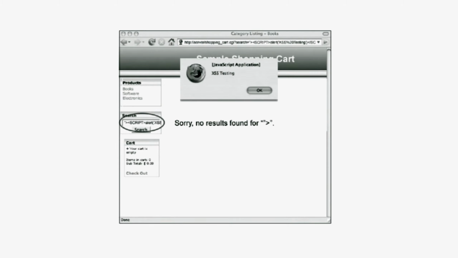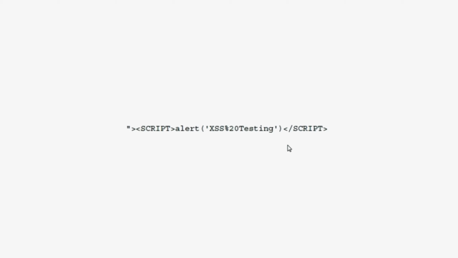This figure illustrates what happens when the original search term is replaced with the following HTML or JavaScript code. This is the code. The resulting web page executes a harmless alert dialog box as instructed by the submitted code that is now part of the web page. This demonstrates that JavaScript has entered into the http://victim/